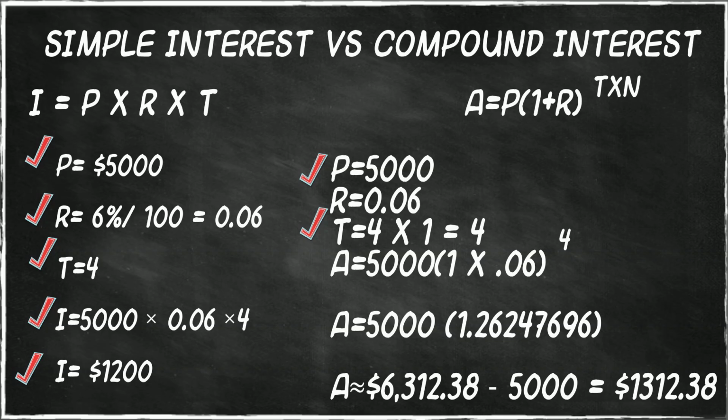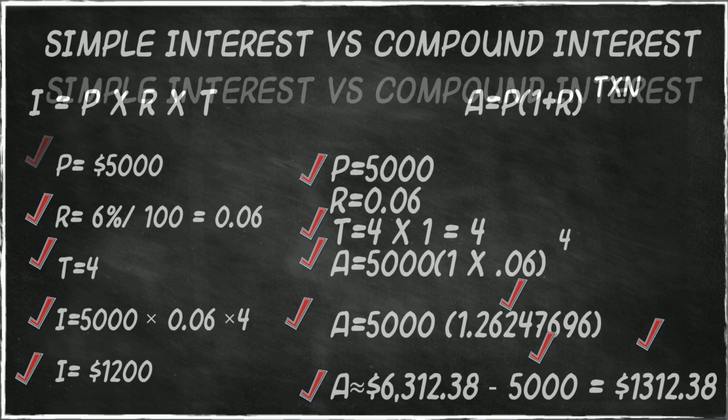So again, we're going to take $5,000, but this time in parentheses, it's going to be 1 plus the interest rate, which is 0.06, and then that's going to be raised to the 4th power. When you take 1.06 raised to the 4th power, you get 1.26247696. When you multiply this times 5,000, you get $6,312.38. Now, if we subtract 5,000 from this, because that's the original amount, the interest you either pay or earn is